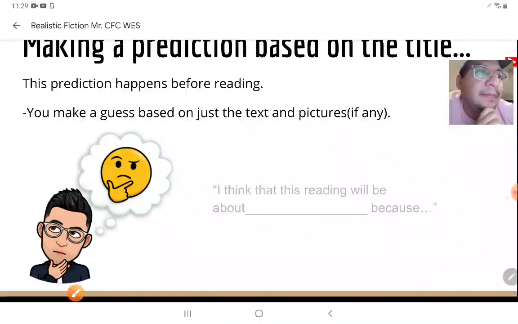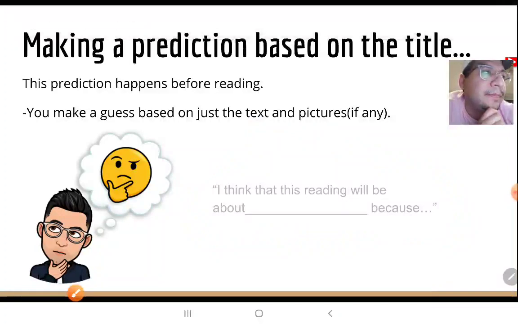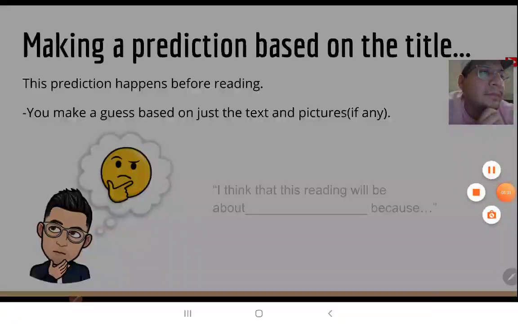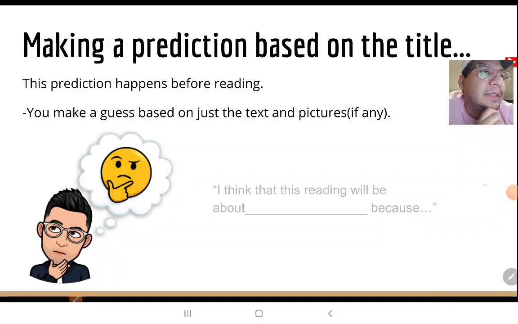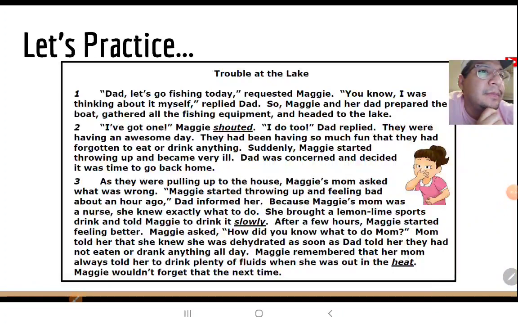Exit out of here. Not that. Let's see. Boom. Okay, let's read this as a practice, right? A practice through a fictional short story. So let's see. Let's read